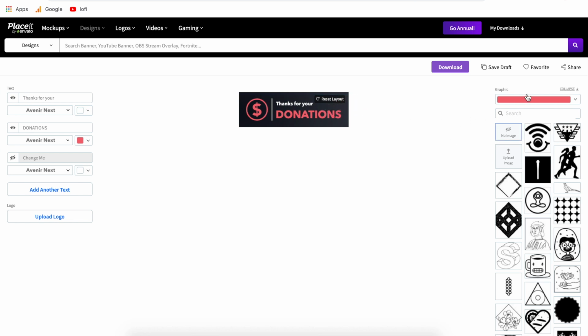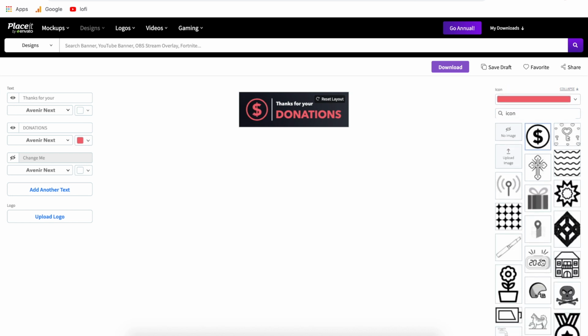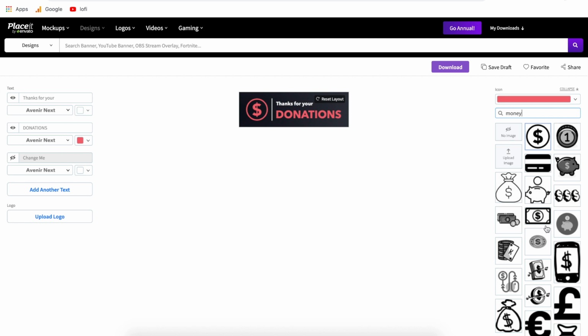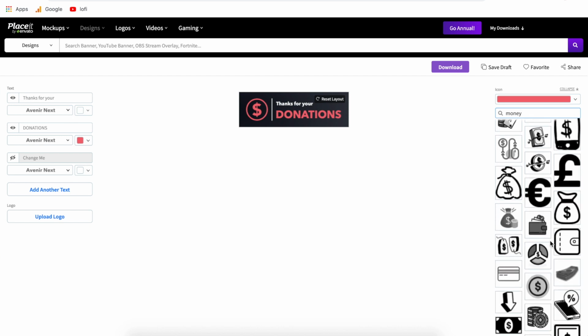Okay, I'm just going to collapse this section so we can get back to where we were. And now the last section on this template is the icon. This is corresponding to this icon right here. Now you can customize the color with the drop down, or you can choose from the library. So since this template is for donations, I'm going to put in money, and they'll search through their entire library, and you can scroll through here and see if there's any other graphics that you want to use instead. Now if you click any of these, it'll work it directly into your template.